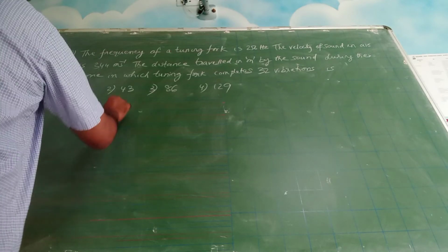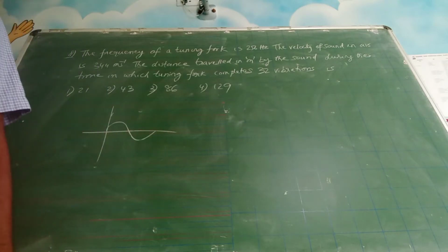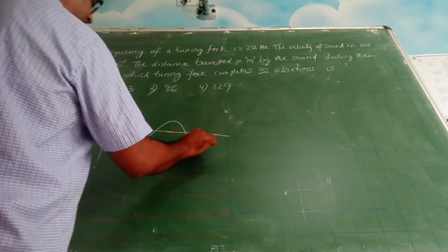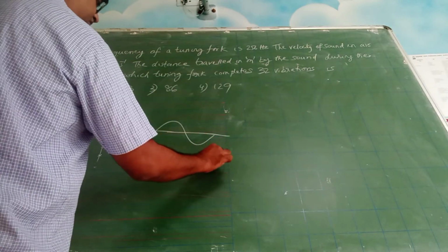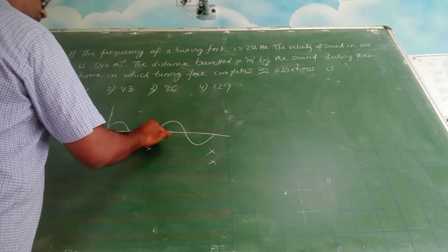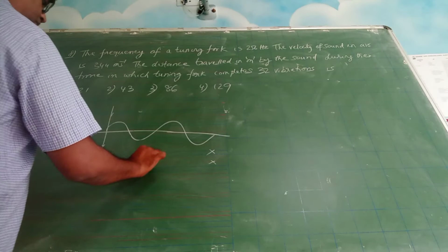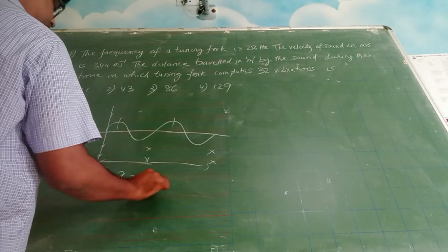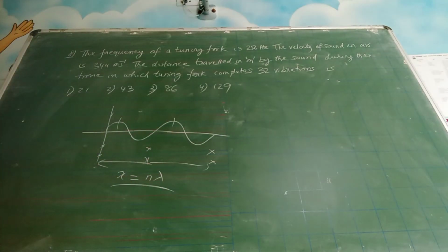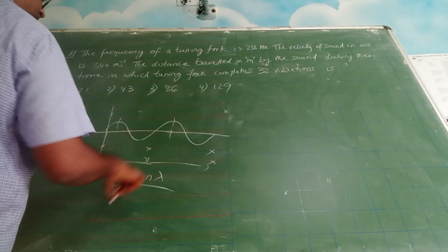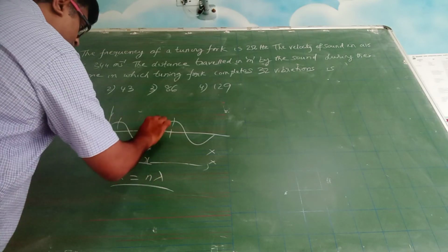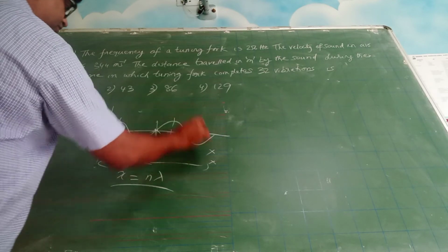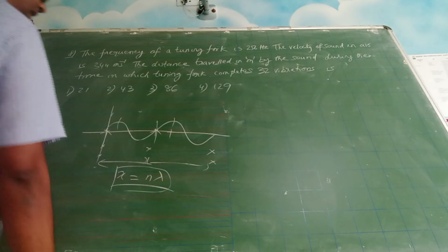See, tell me, this is one cycle. So the wave travels from this point to this point. This is the next cycle. Now the wave started here, is now here, right? So this is one cycle, one vibration. This is two vibrations. So if I call this x, can I write x is equal to n lambda? From here to here it is one cycle. So both points are in same phase. This is also starting, this is also starting. Okay, so x is equal to n lambda.